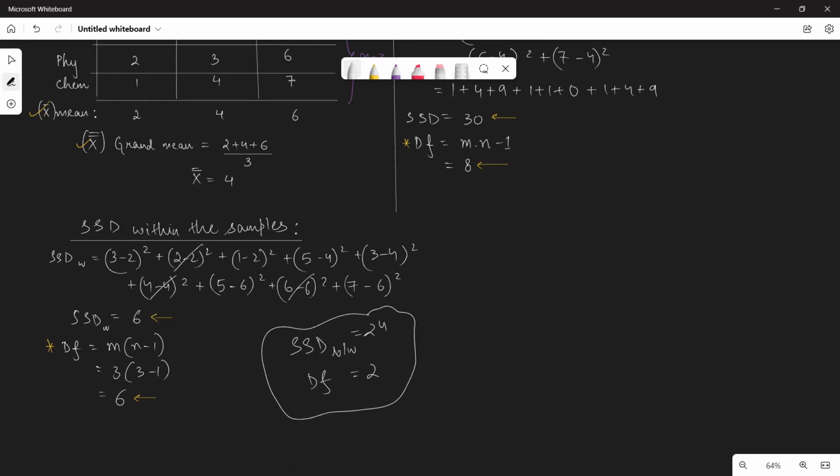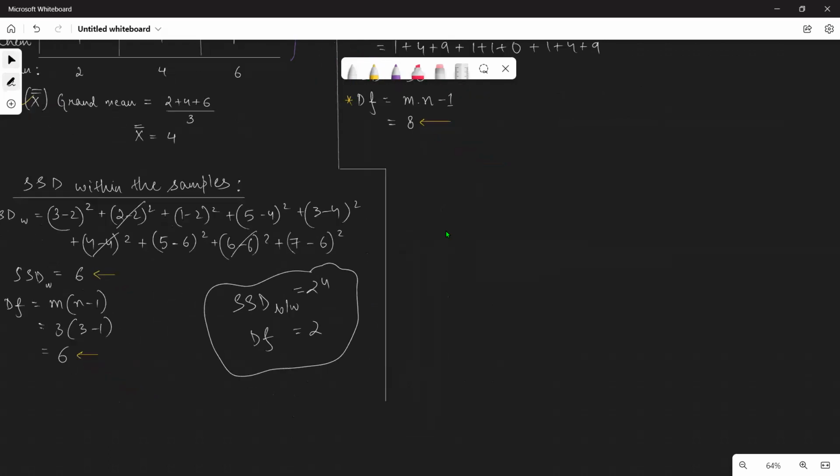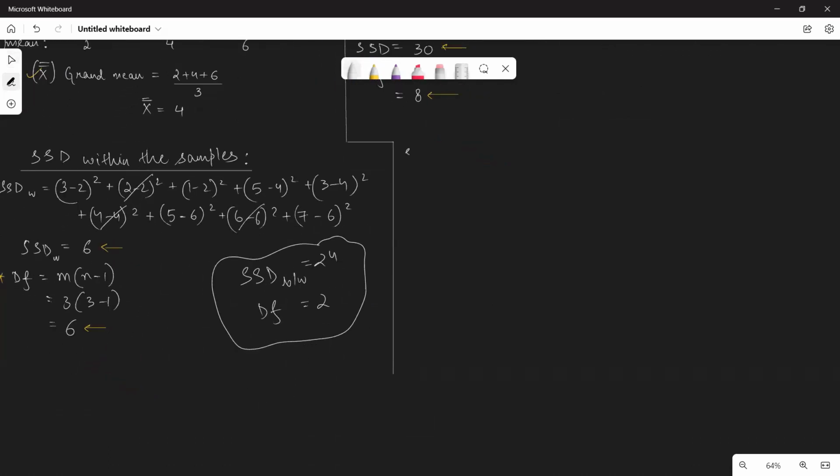Now let us verify. Once we are able to find that this is correct, that means the entire calculation which we have done is correct. Yes. So this is how you can use this trick. So let us try doing that. SSD within we have calculated. Let us calculate SSD between